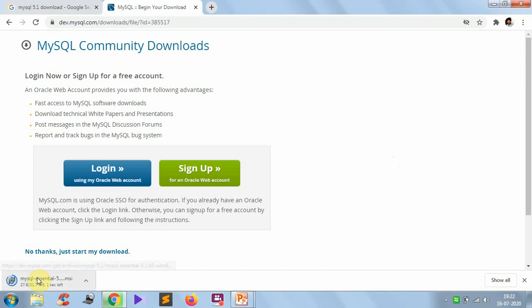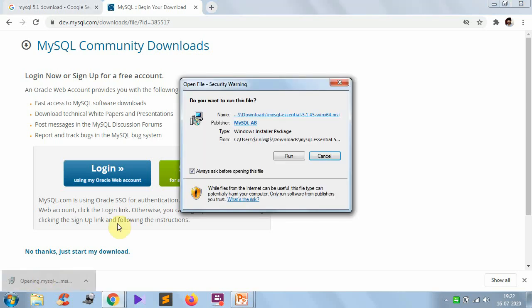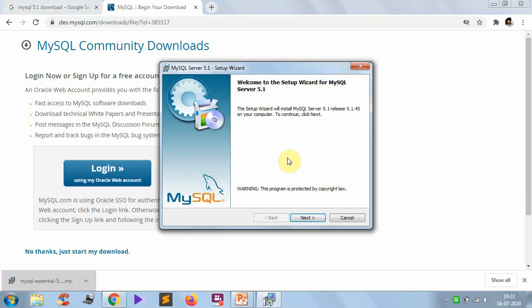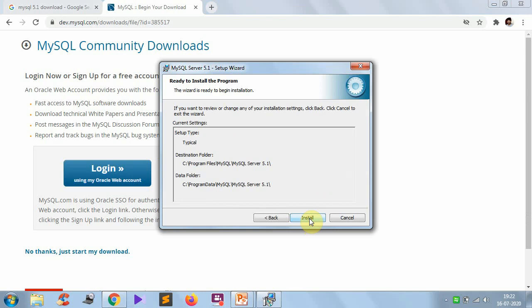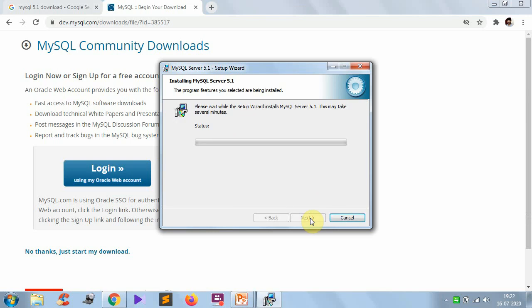So here the download has almost been completed. Now your setup is ready. Just open it. It asks you to run, so just run and it will open the installation page. Here just click on next. Now generally we will take the typical option, where most program files will be installed, click on next and click on install.